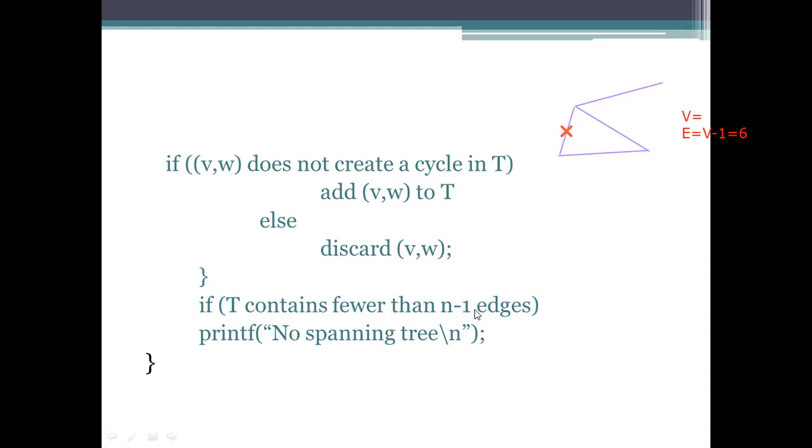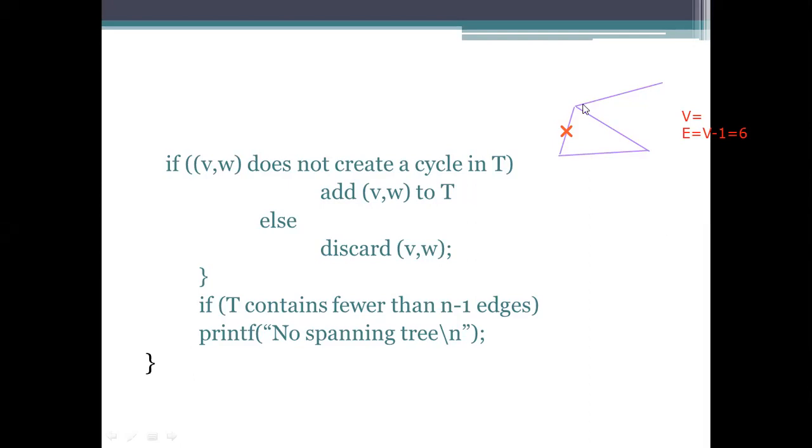And if it contains fewer than n minus 1 edges, means you didn't reach it, means we don't have any edges to be processed but the count we are using is less than the required count, what happens here? There is no spanning tree to be processed, that we need to specify. So that is the pseudocode.